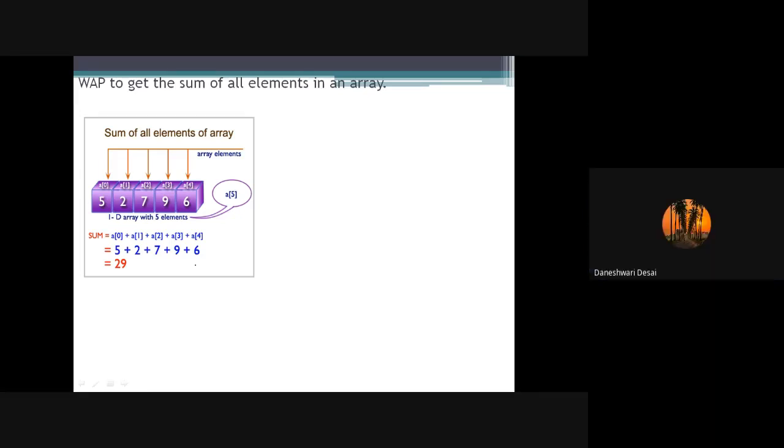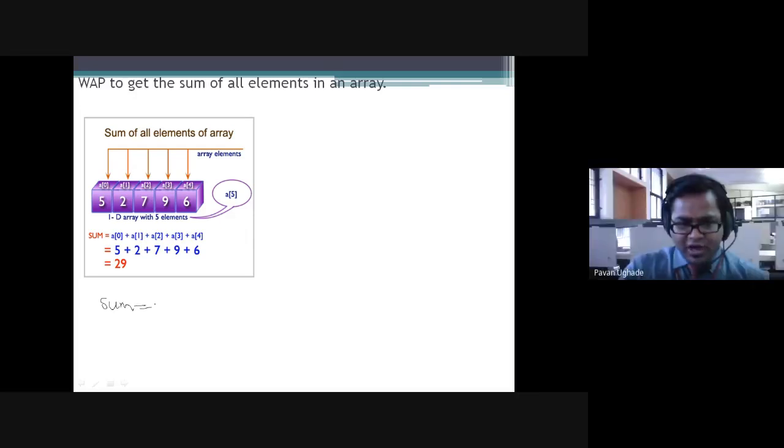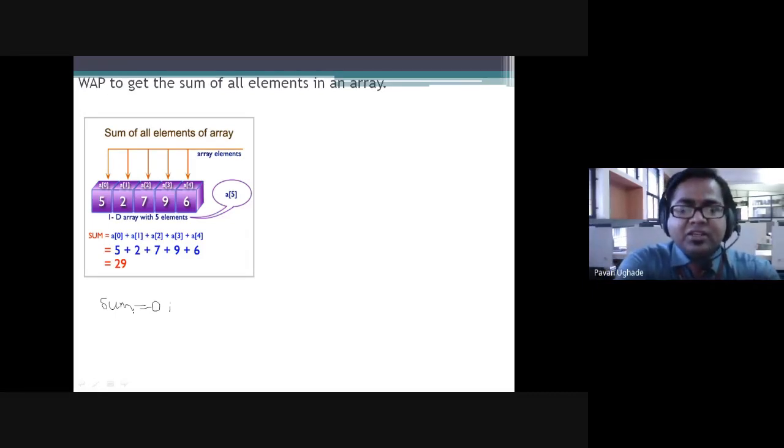So first we'll initialize sum equals to 0. Then by using a for loop, we can add the remaining elements. Your logic is completely clear. It is very good. You said a very important point, sir. We require to initialize some variable to 0 because we are going to add. If it is adding, the unit element is 0. If it is multiplied, the unit element might have been 1, we might have initialized with 1. Okay, so you put a very good point. Sum should be initialized with 0.